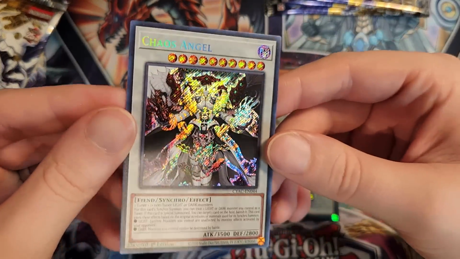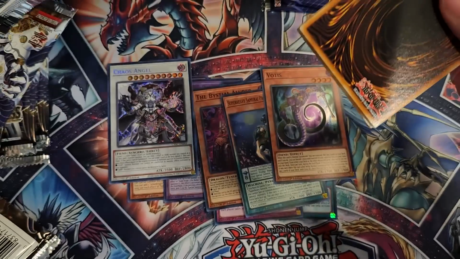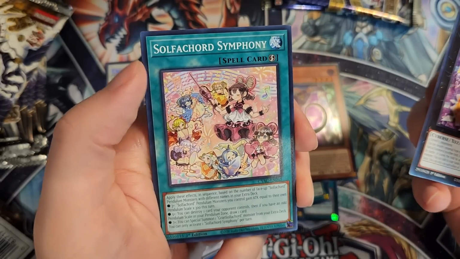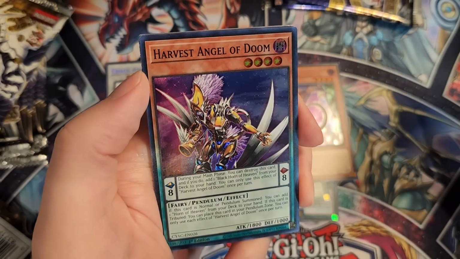Yeah, Chaos Angel. That is a very nice Secret Rare to pick up, and even decks you wouldn't really expect can play it, so it's pretty cool how it finds its way into decks that wouldn't normally play a Synchro monster. We have Imperial Princess, once again, Sulfur Symphony, Super Heavy Samurai Stealthy, Cynet Circuit, Harvest Angel